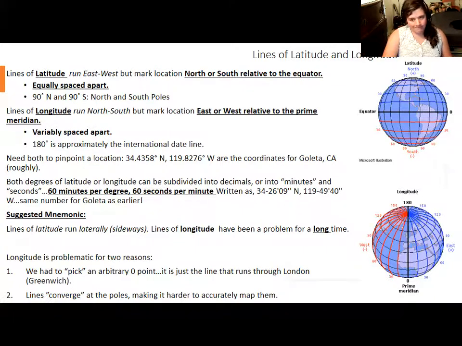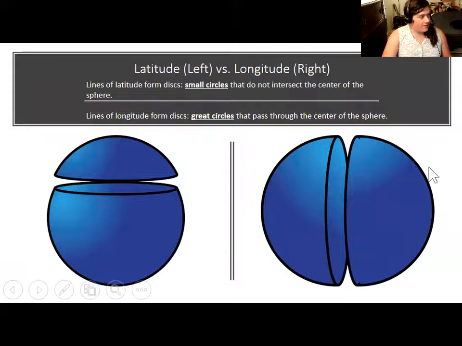And this is another way to kind of indicate just the lines. The lines don't really quite have the same geometry. The lines of latitude form what are called small circles, and not all of them intersect the center of the sphere. But every line of longitude is a great circle that passes through the center of the sphere, which is why you end up with every line of longitude ultimately converging north at the poles. And when you're at the South Pole, it's kind of hard to say how east or west you are, because you could pick a direction and follow any line of longitude to anywhere, hypothetically. Obviously, nobody can do that because you're in Antarctica.